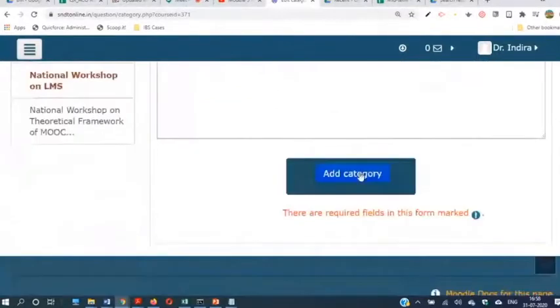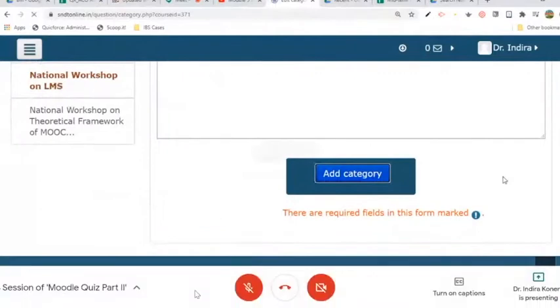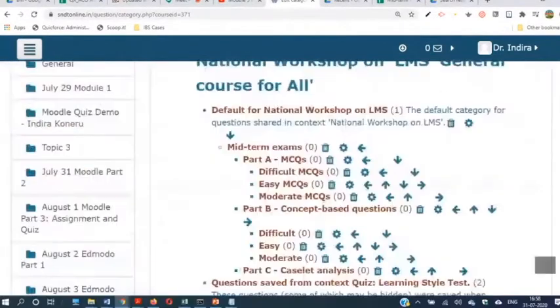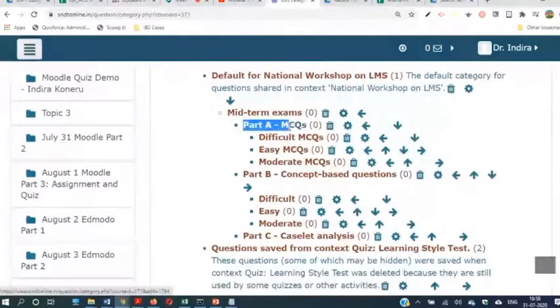So as I said, we are ready with Part A and Part B subcategories. This is midterm exams, Part A MCQs, and within brackets you see 0, which means yet to import the questions. Once you are ready with the GIFT format questions, then you can import them into these subcategories.